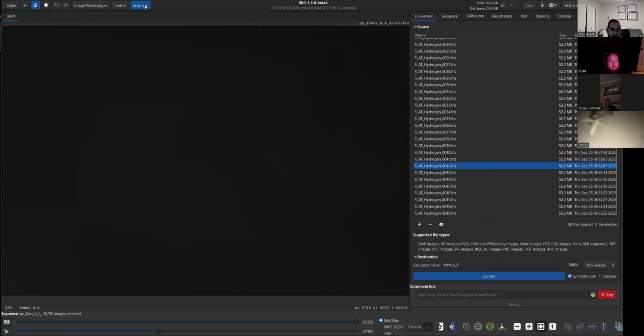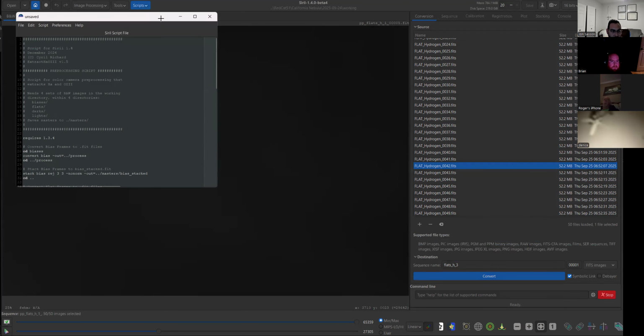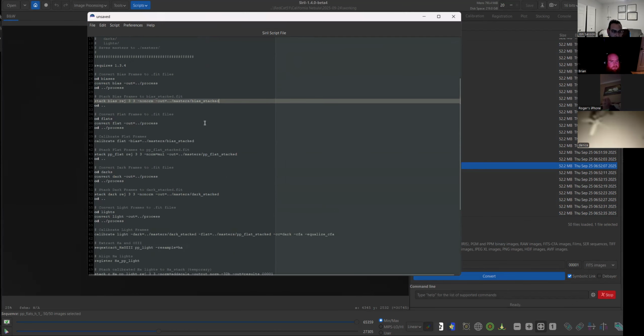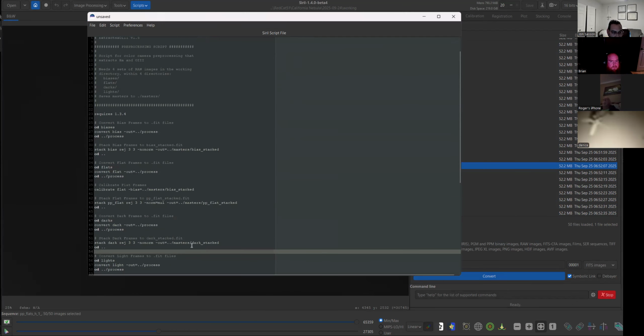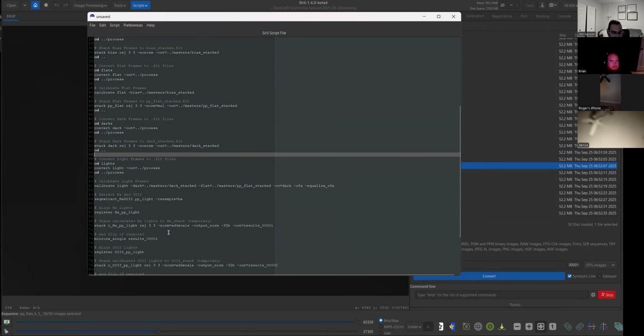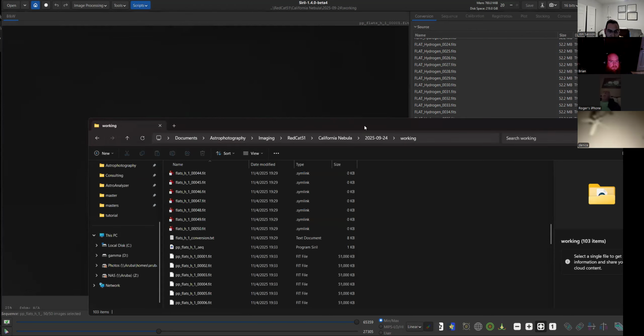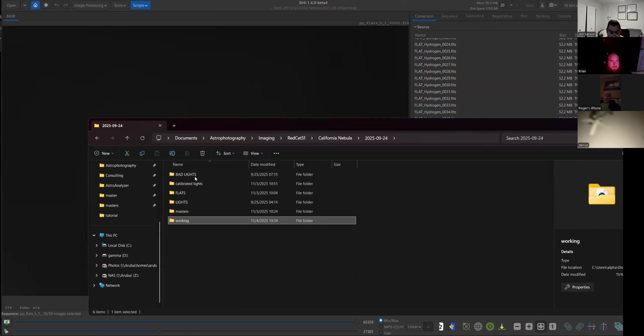What I've done in the past is write some Siril scripts here. You'll see it's pretty simple. If I right click on one, it'll open it here. Right, they're pretty straightforward. You can take one that already works and follow their format to do your stacking. And the way the scripts work is once you're in your working directory, you have to have a specific format, right? So you would want to have